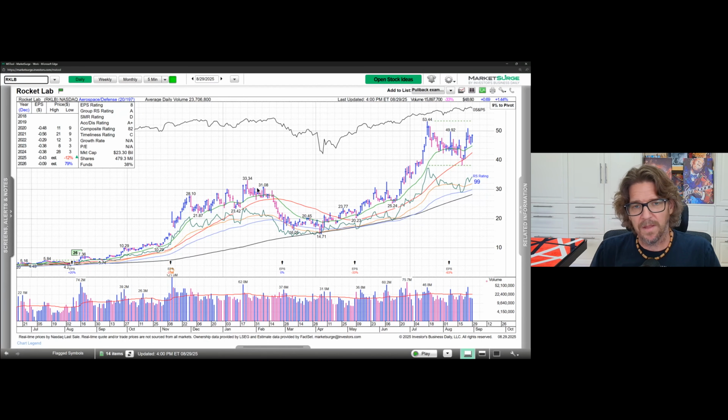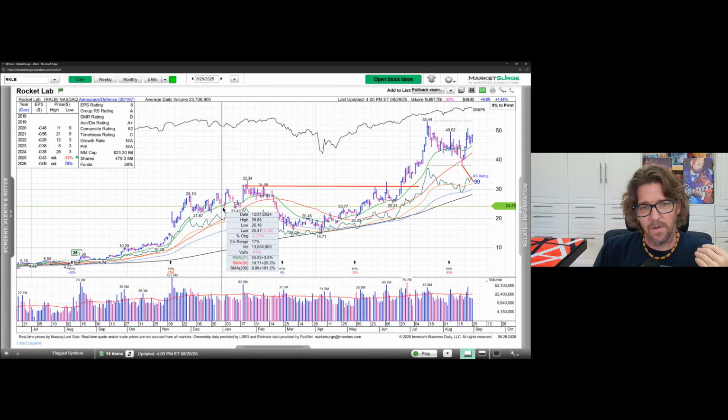So with Rocket Lab, here was your kind of key breakout that you were above. And we're going to be focused in on this pullback. So is it above it? Yes, it is. Whereas if we were looking at it over here,